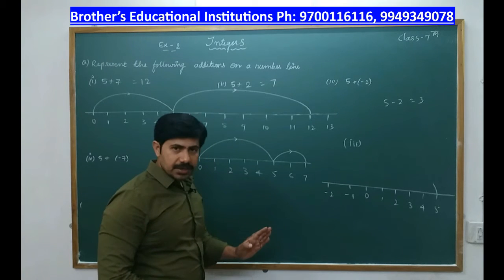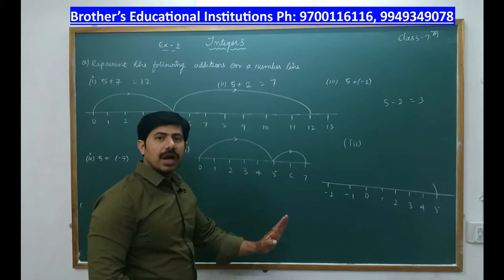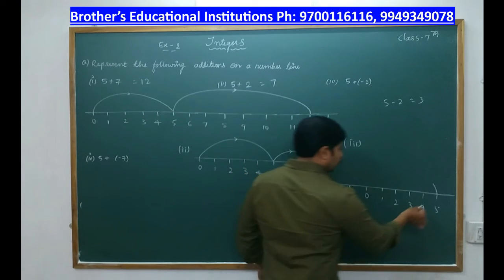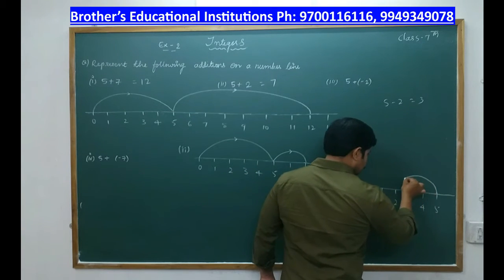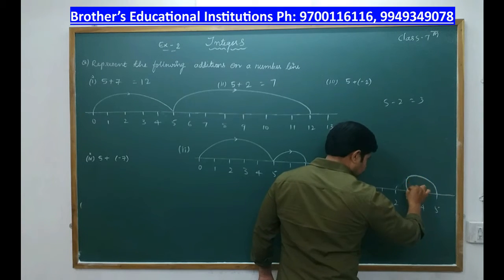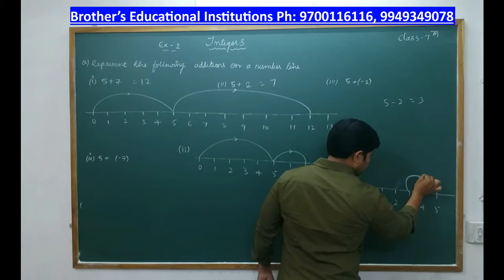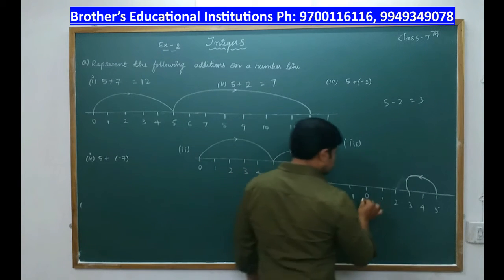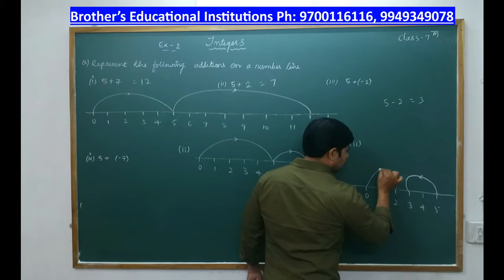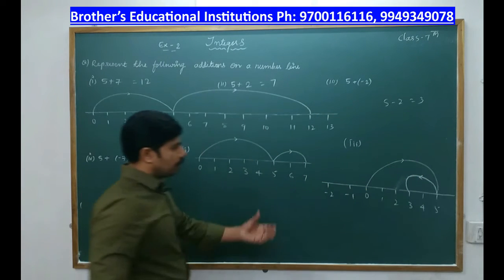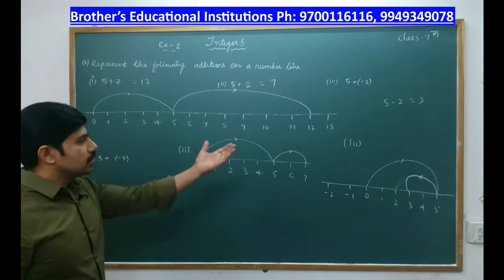As it is minus 2, just come to the left. 2 steps you move to the left side. So 5 minus 2 steps. This is 2 steps, so this comes here. Okay, 5 minus 2 is 3. So now as we always move from the origin, just draw one more line like this. And 5 minus 2 is 3, right? So this is over.